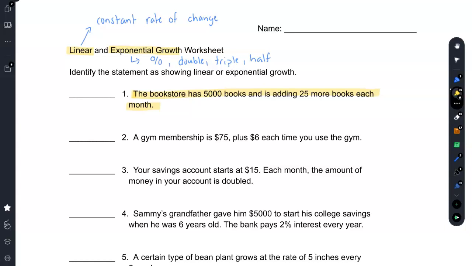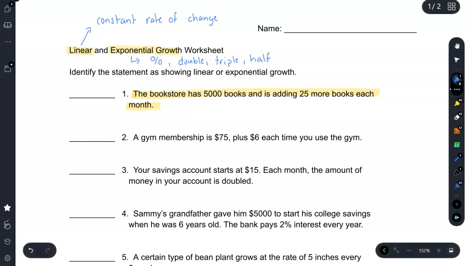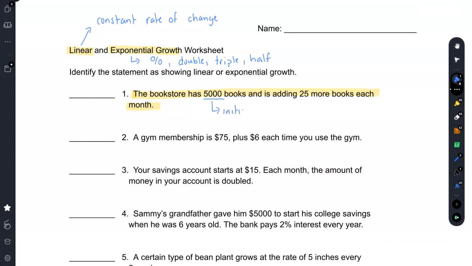the bookstore has 5,000 books and is adding 25 more books each month. So this 5,000 is just our initial amount, or the starting amount. The initial amount has absolutely nothing to do with whether the function is linear or exponential. So even though that was some information, it does not help us determine if it's linear or exponential. What does help us is the 25 more books each month. This portion is my rate of change,